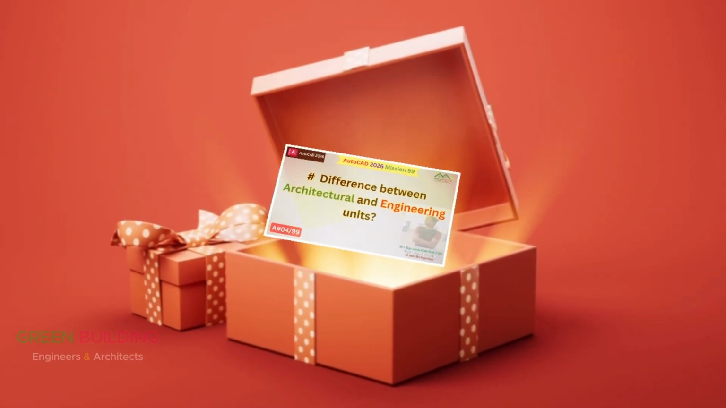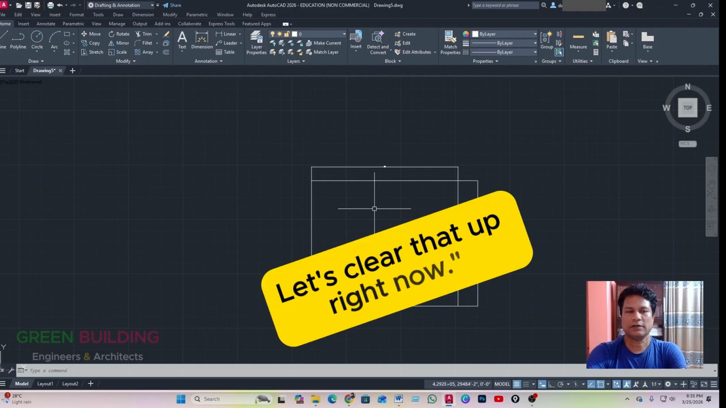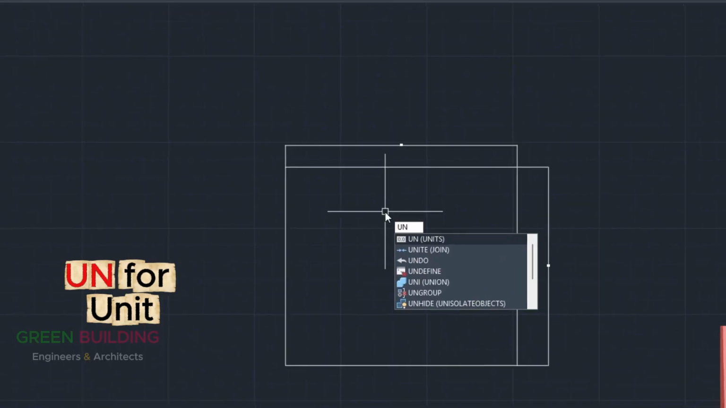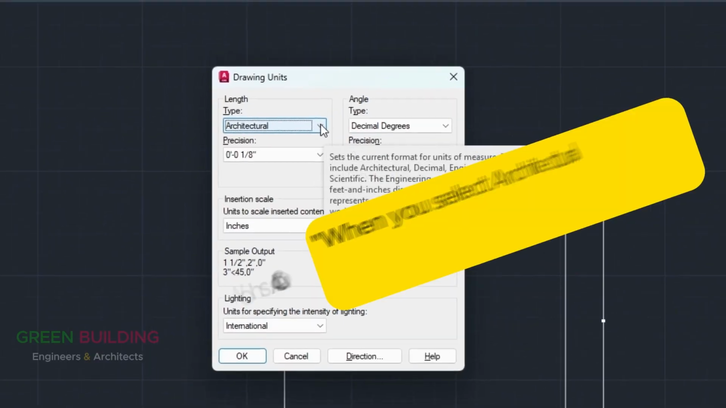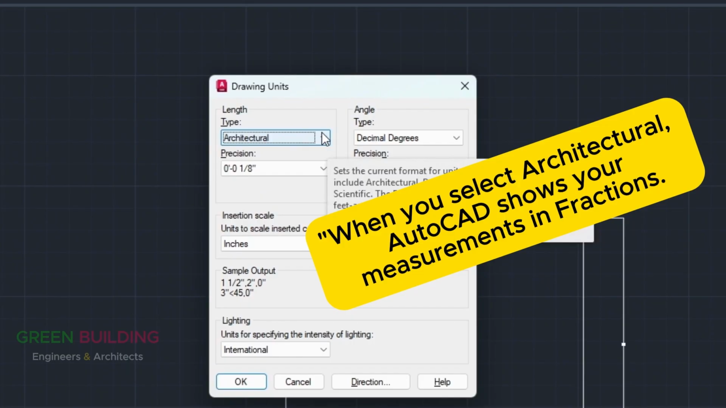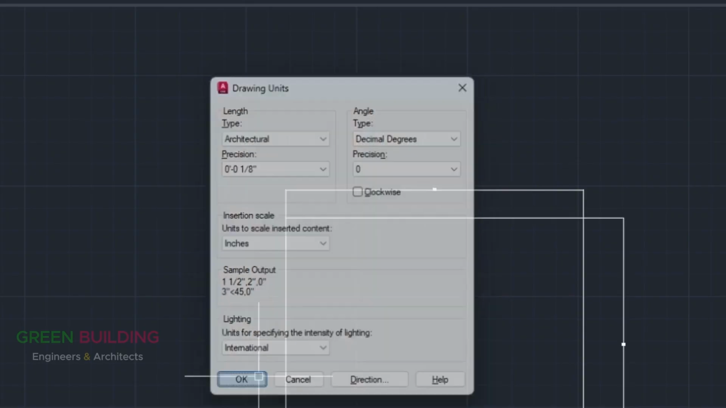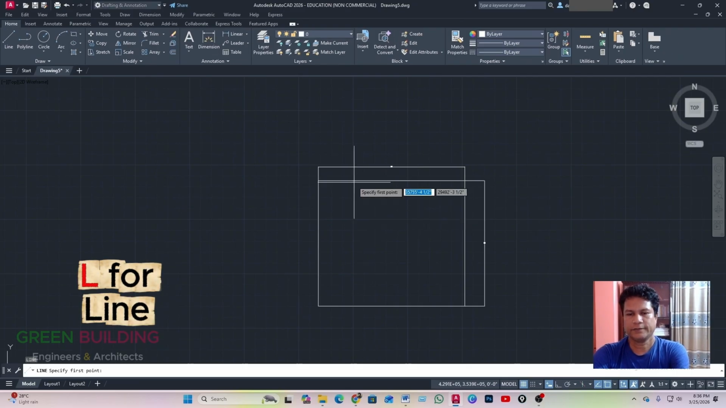Now, many students ask me what is the real difference between architectural and engineering units. Let's clear that up right now. Again, you will type UN and press Enter. When you select architectural, AutoCAD shows your measurements in fractions. So already we have selected architectural. For example, if I draw a line, L for line,